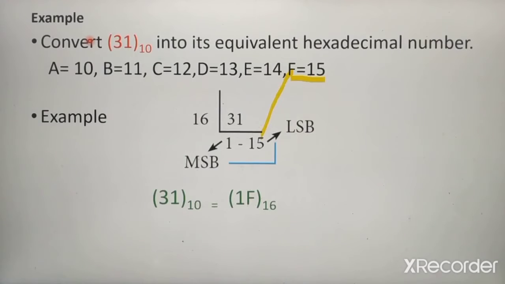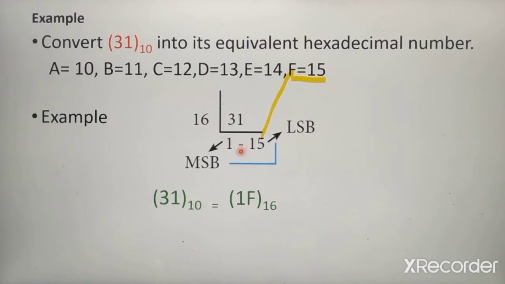Now we can see an example of how to convert a given decimal number into its equivalent hexadecimal number. Here our given number is 31. When you divide the given number 31 by 16, we get the quotient as 1 and remainder as 15. 1 16 is 16, so our remainder value is 15. Now we check whether our new quotient value is less than 16 or not. It is less than 16, so we can stop the process and write the final solution. How to write the final solution?